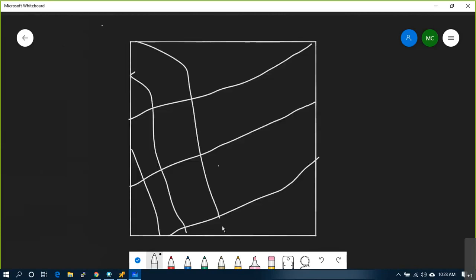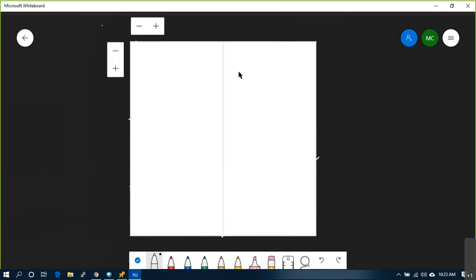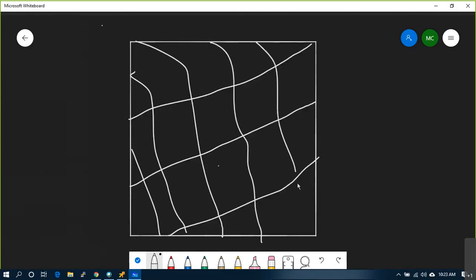For this size tile, I need these many, right? For this size, I need 30 tiles.